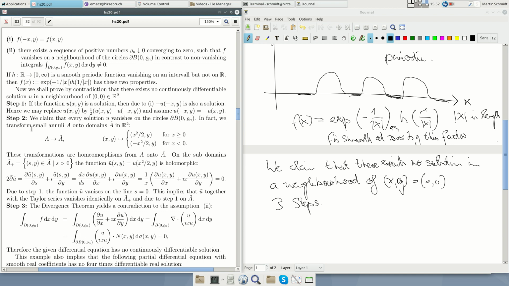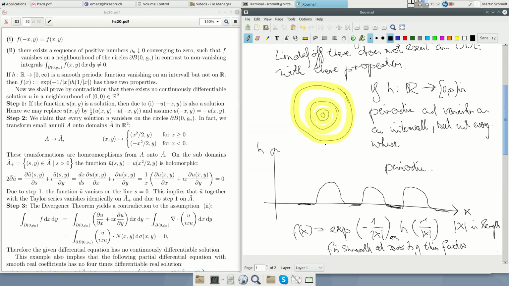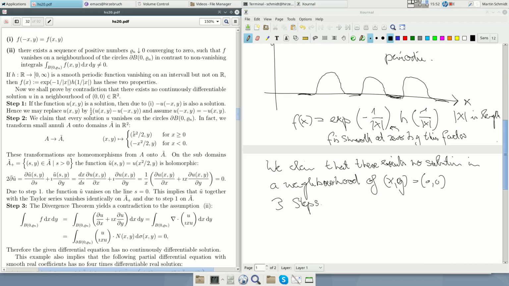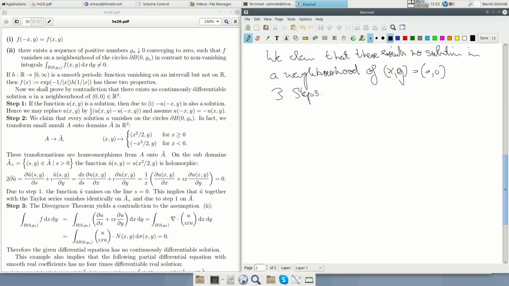We transform these annuli, this yellow annuli, by this equation. So this means we slightly stretch the x coordinate. Second step,